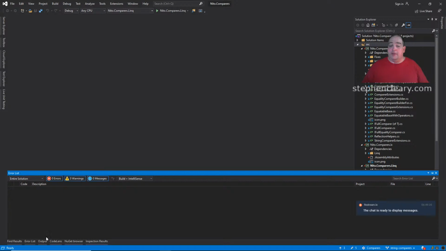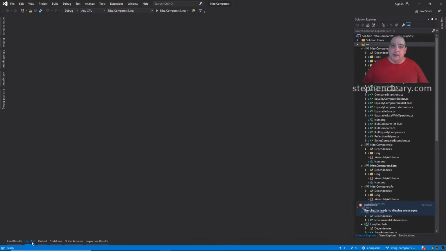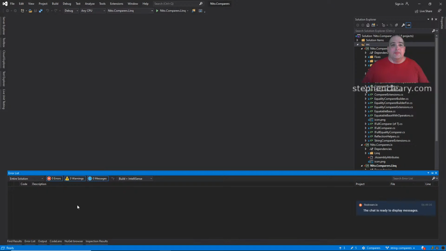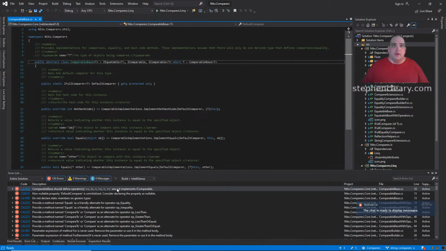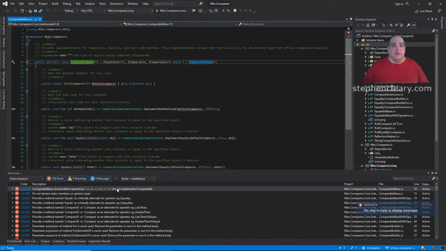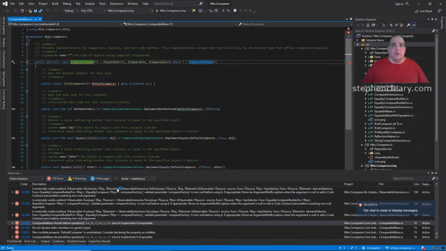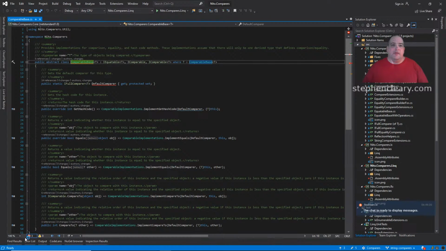And I think a lot of these are going to be false positives, but oh, they're there. Okay. Well, that's interesting. That's an interesting warning, because I have